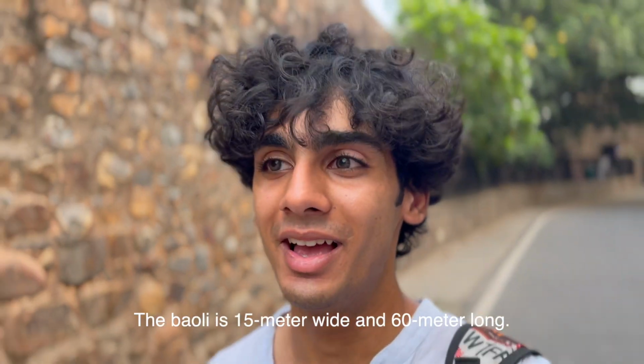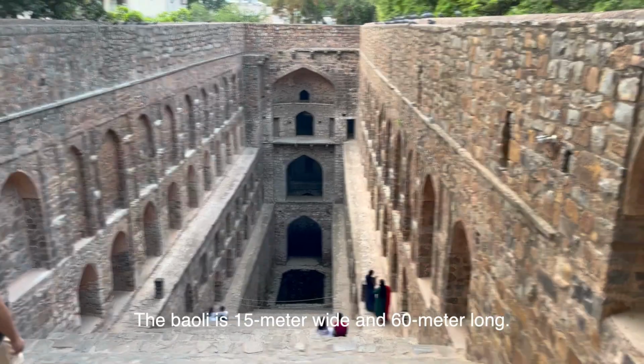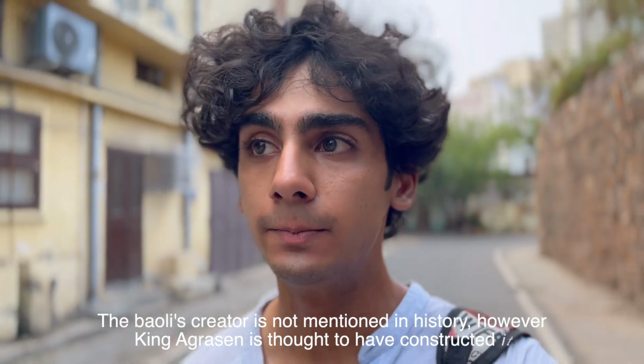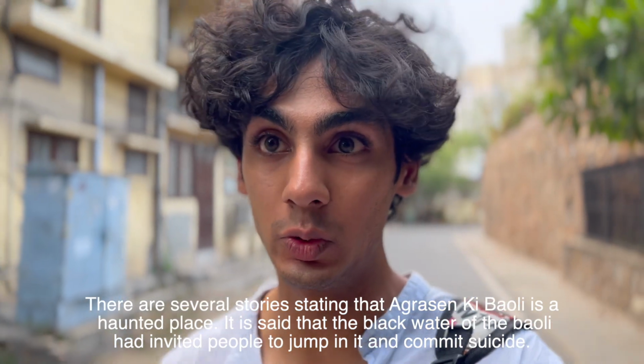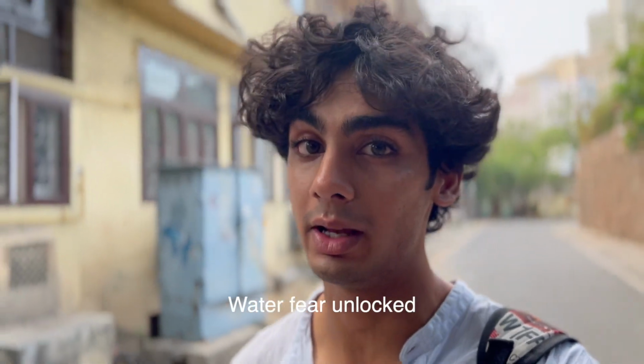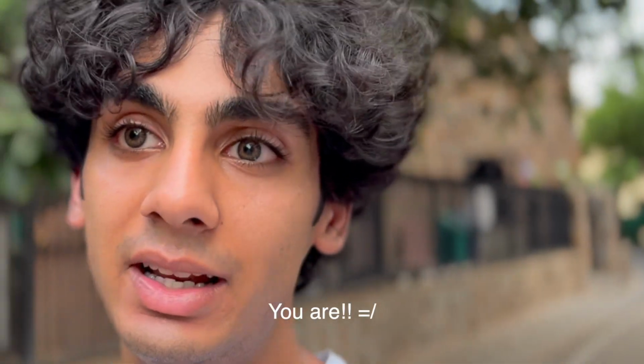So talking about Agrasen ki Baoli, it's 15 meters wide and 60 meters long. Baoli means well, and it was earlier used as a water reservoir for the people who used to live there. Some say that this place is actually haunted because the water reservoir used to invite people into taking their own lives by drowning in it. And as soon as I went there, I felt some chills. I'm not saying it's haunted, I did not feel anything like that, but